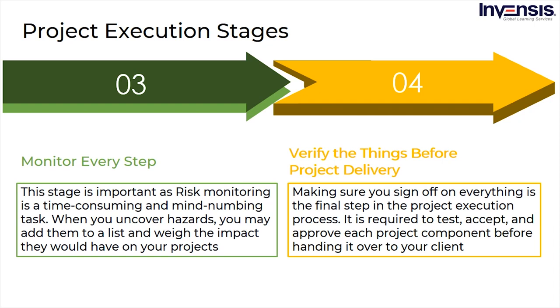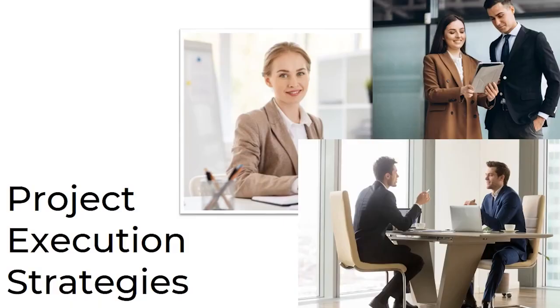Now that you guys are familiar with the project execution process and stages, we shall look into project execution strategies. The Project Management Body of Knowledge, PMBOK, states that the executing process consists of those processes performed to complete the work defined in the project management plan to satisfy the project specifications. As a result, this is the point at which project management becomes an art form. However, a project encounters numerous problems and difficulties to be completed properly. These issues act as a stumbling block between strategy and execution. Thus, certain strategies are essential to execute projects effectively.